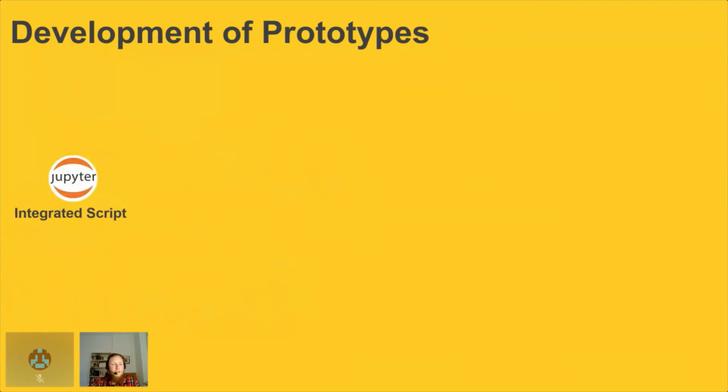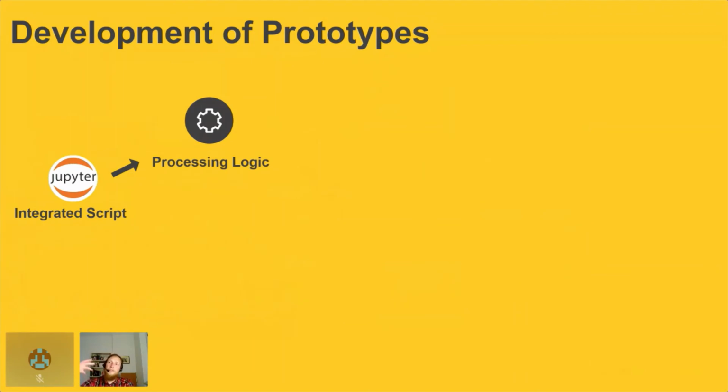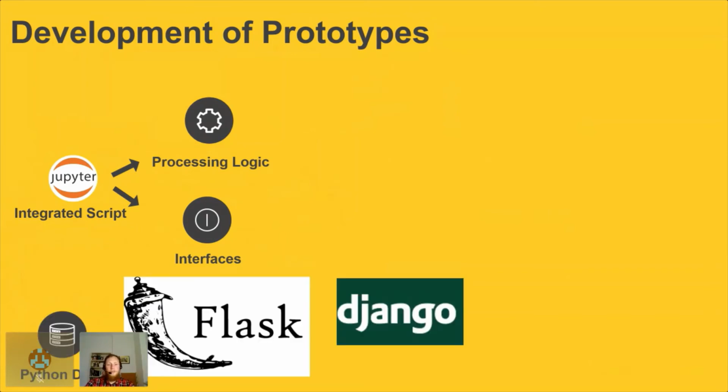Well, you take your Jupyter notebook, your integrated script to be more precise, and you try to extract basically what is the processing logic out of it. For this, you have a bunch of Python frameworks, which I assume a lot of you know already. As soon as you got the processing logic out of it, so basically those components that make your script work, make it smart, so to say, you go on and you build some interfaces to it. You have interfaces, I say, internally. So for example, anything that is concerned with databases. This is, for example, a database API or something like that.